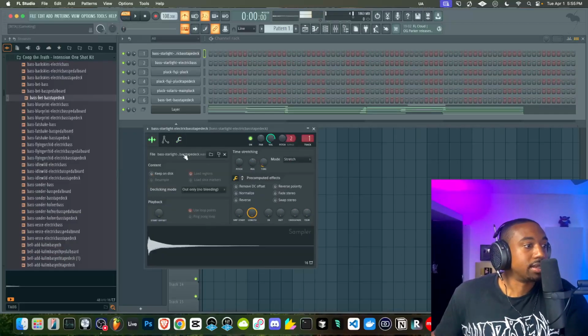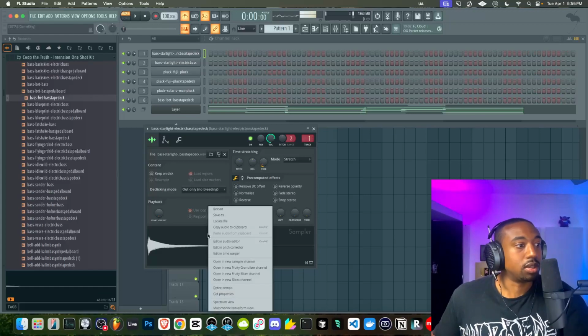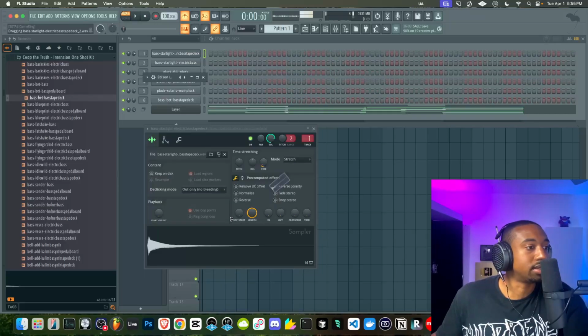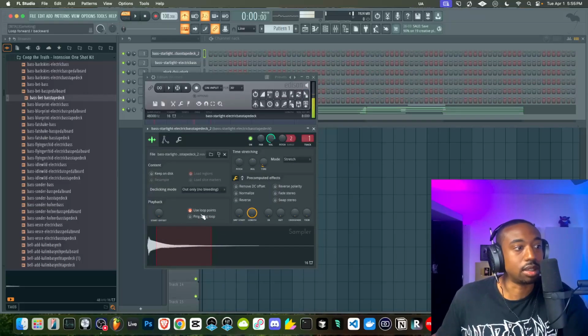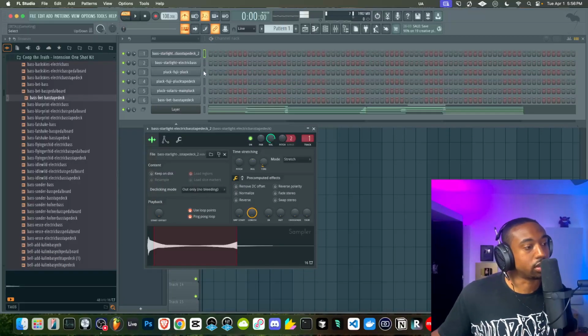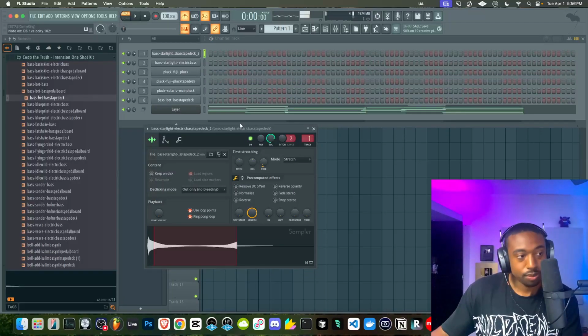Also too, if you wanted things to loop, you have to manually set the loop. So you can right click, edit, highlight, set a loop, double click, and then drag this whole sample back in, and now set this as a loop point. And then you could do what's called ping pong loop, which is a back and forward loop. But you would have to hold the note in order for that to trigger. So let me show you guys an example.